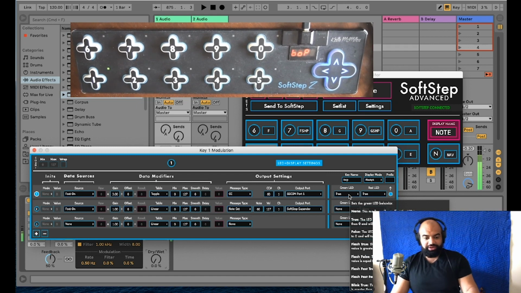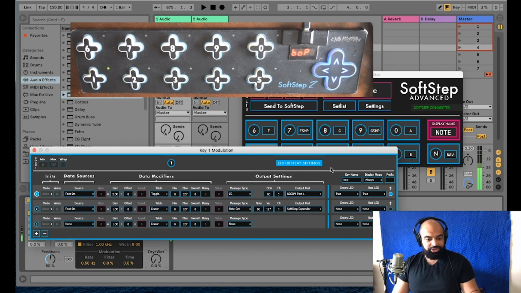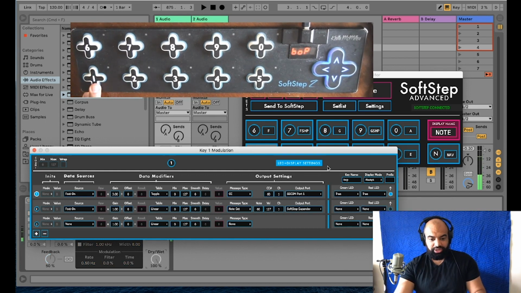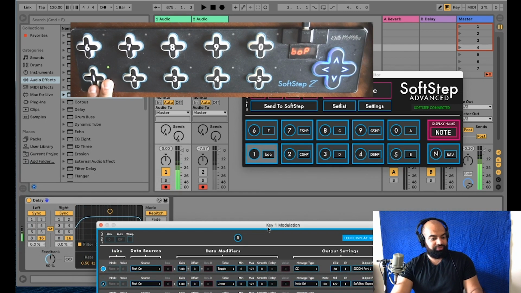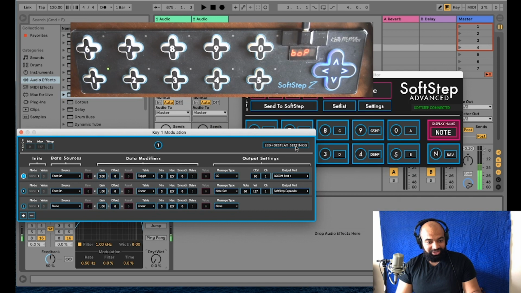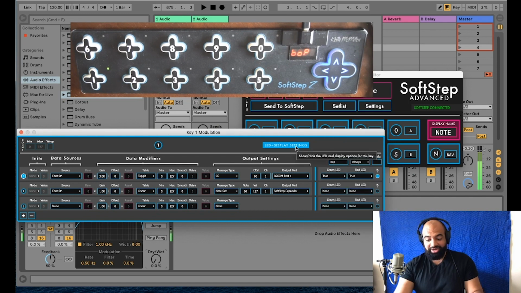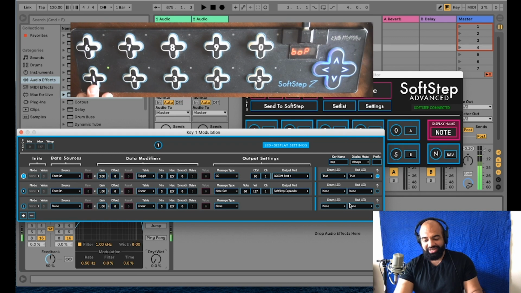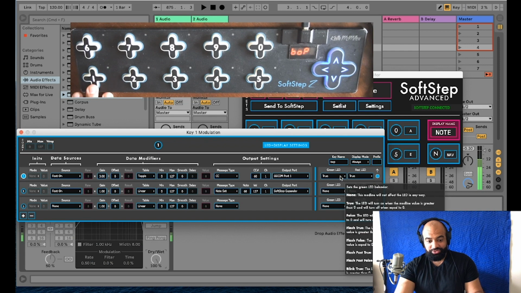Now this is something that I really like. This is the magic with the toggling. It will show you when you've switched a button on. Right now you can see that this light is on, and if you come over here, you can see the effect is on. You switch that off, the effect is off. If you're not paying attention, you click here, LED and display settings, you won't even see this section, and you won't necessarily know that this is happening. All right, so you want to change this to true, for green, and that's going to supersede the